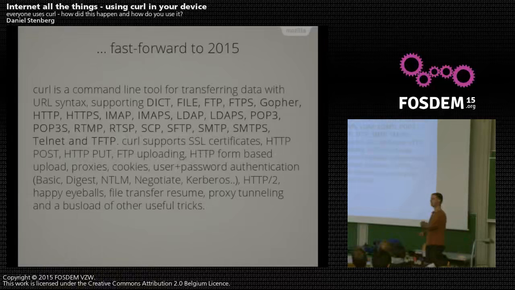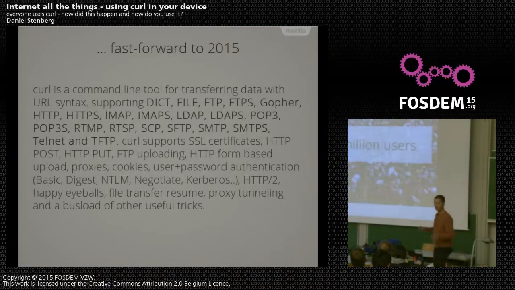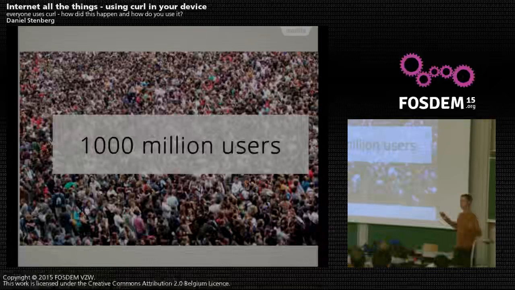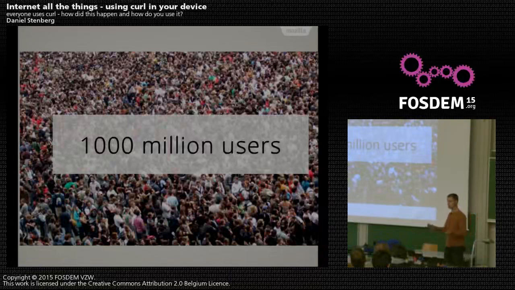I don't intend you to actually read or care about all this, but basically we do internet protocols, sending stuff up, getting stuff down, or at the same time, all protocols, one protocol, whatever. A lot of data, back and forth. Roughly, perhaps, 1 billion users or so. I don't know. Who knows? I mean, how do you count users when you're an open source project?